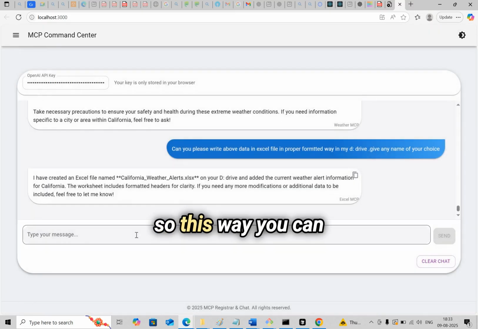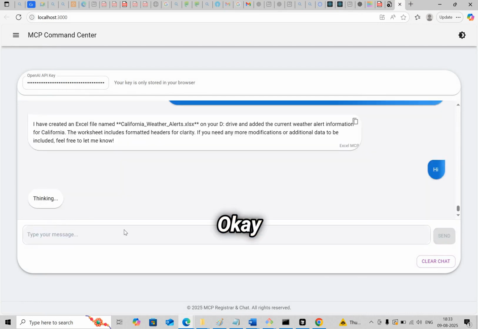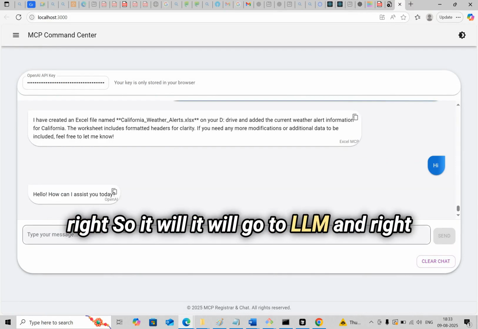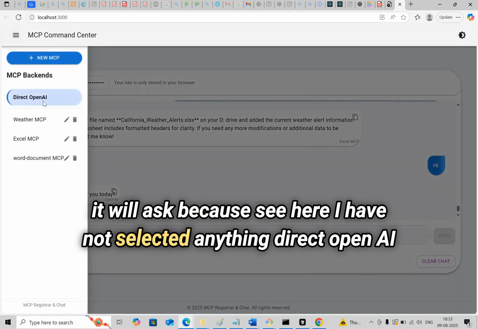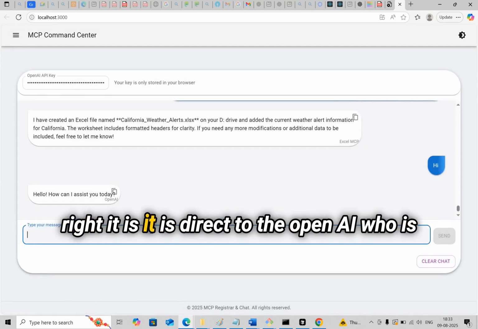So let me ask something. Hi. Now when I call this, it will go to the LLM and ask, because here I have not selected anything, so it is going direct to OpenAI. Whatever chat I am doing, it is direct to the